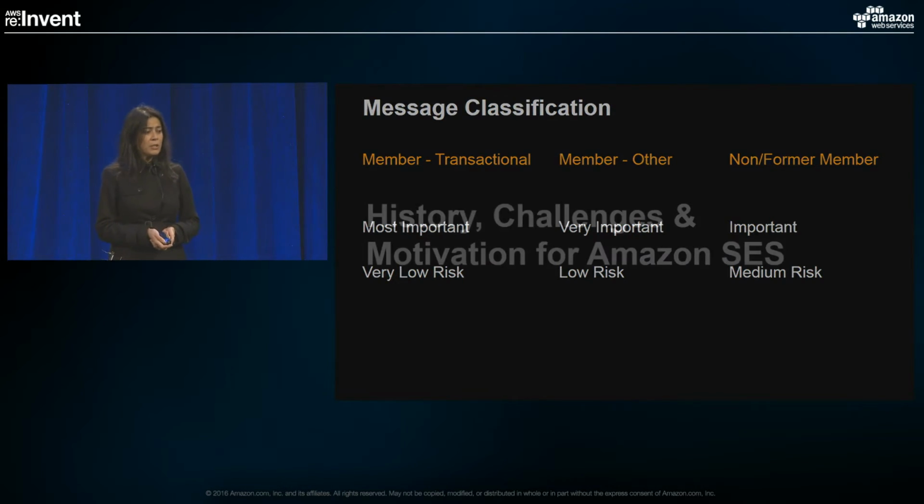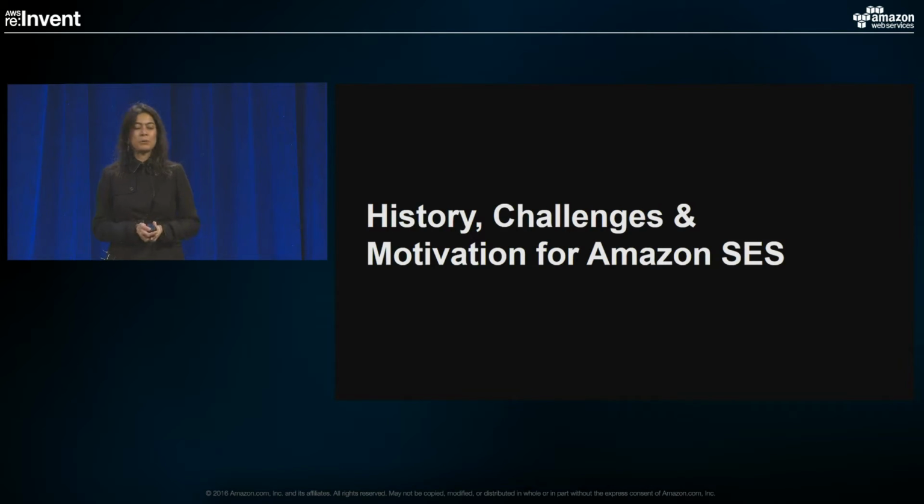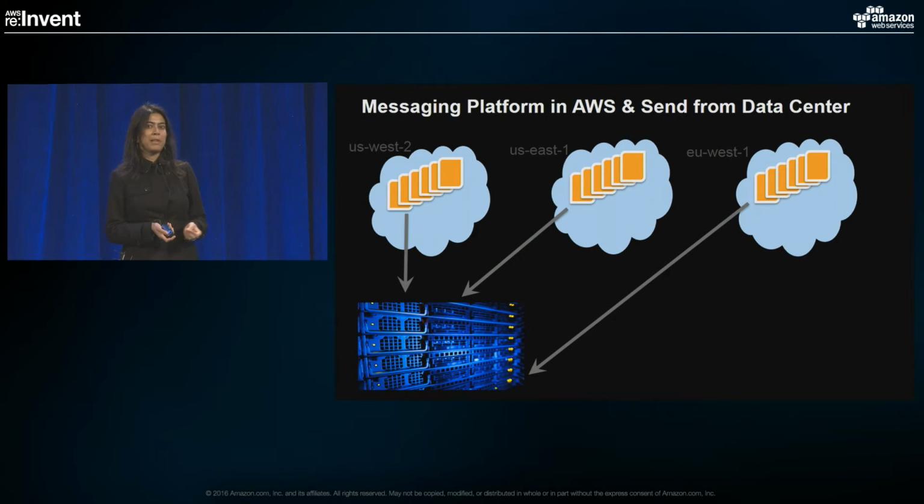So I'm going to go back in time to a place when Netflix had moved a lot of its core services out of the data center into AWS, and that was the big move to the cloud. All the microservices were in the cloud. And what did it mean for the messaging platform? The messaging platform, i.e. the core message processor, these are the components and the services that generate millions of emails, millions of messages per day by talking to all the other microservices in the Netflix ecosystem, as represented in the orange boxes here,